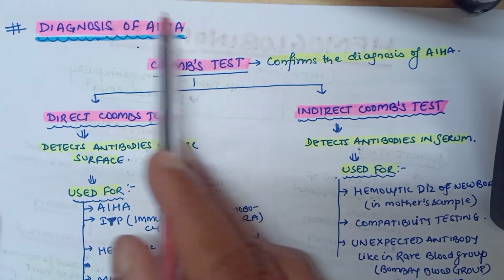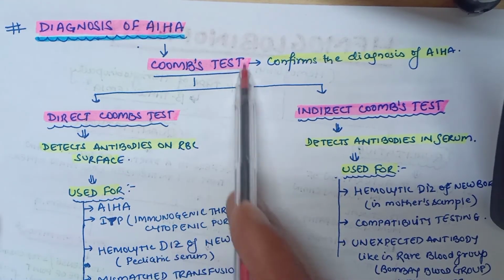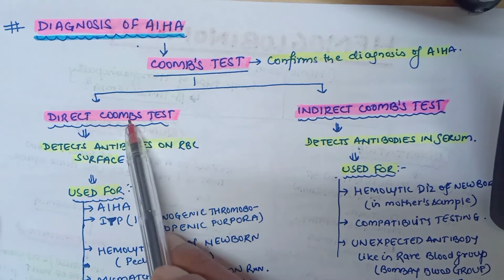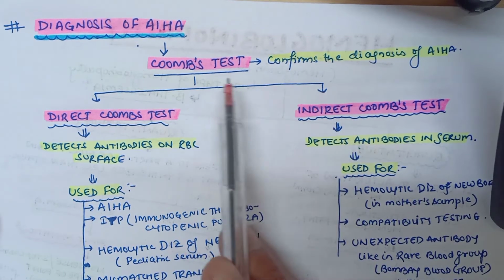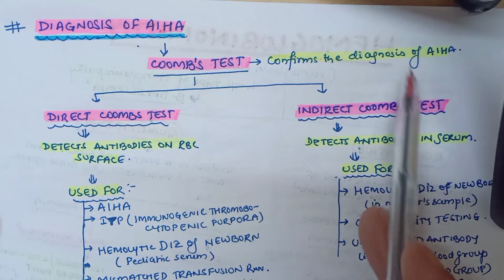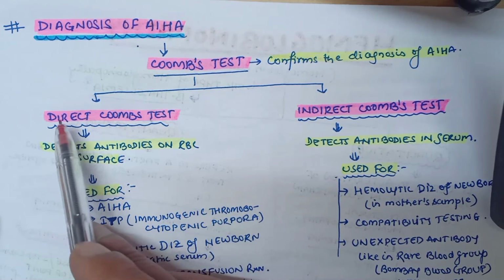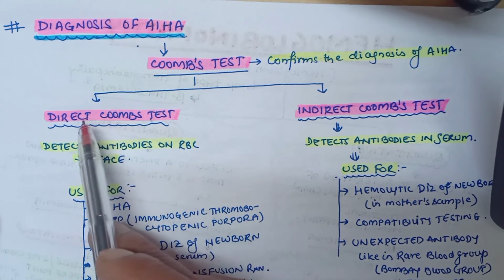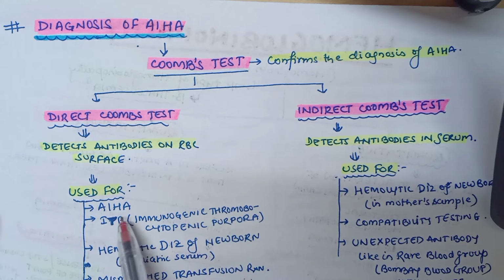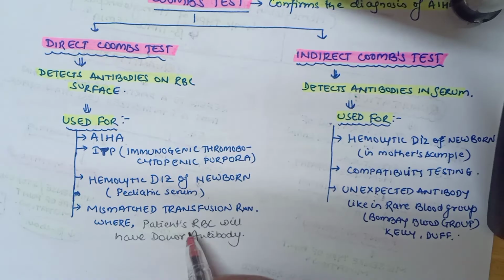So autoimmune hemolytic anemia is confirmed by Coombs test. There is direct Coombs test and indirect Coombs test, and both will be positive for autoimmune hemolytic anemia. So what is direct Coombs test? Direct Coombs test detects the antibodies on the RBC surface, and this direct Coombs test can also be used for autoimmune hemolytic anemia, immune thrombocytopenic purpura, hemolytic disease of the newborn if pediatric serum is used, and mismatched transfusion reaction where the patient's RBC